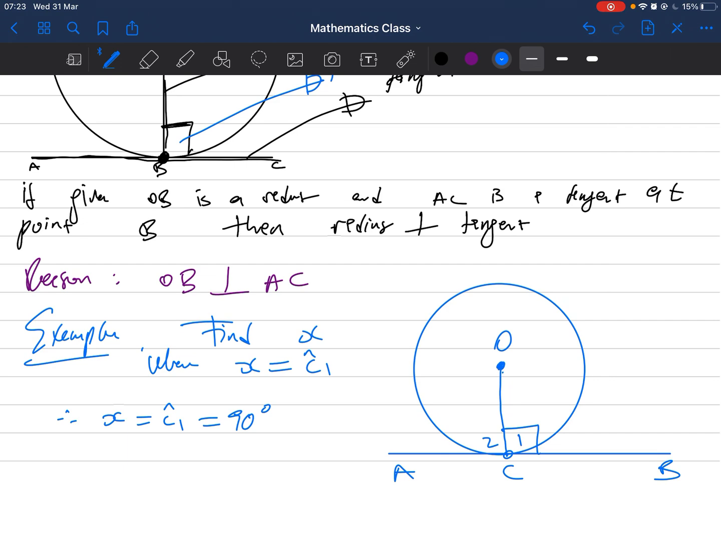And the reason for that is because OC, which is a radius, is perpendicular to AB, which is your tangent. That's your reason. Simple as that. Let me give you another